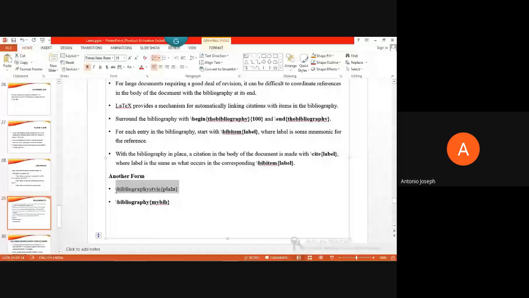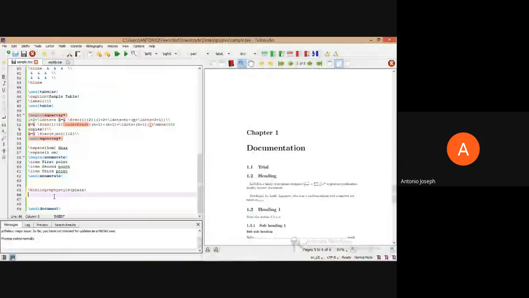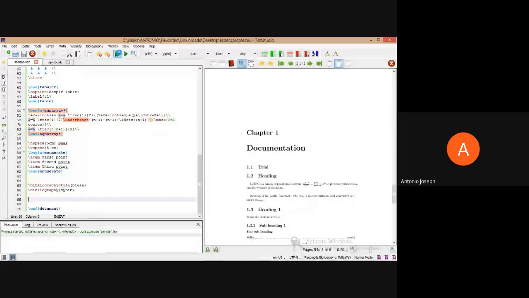So now I am telling that all the details about the bibliography or the references are contained in this particular file called mybib. Just compile it, and it will fetch all the details from that file. It's better to compile it twice, then only all the details will be obtained.